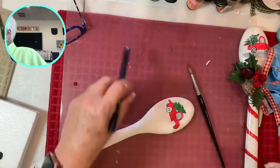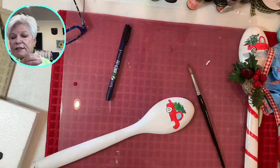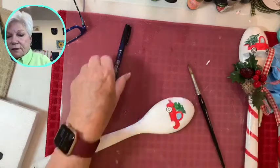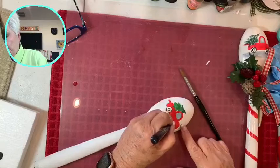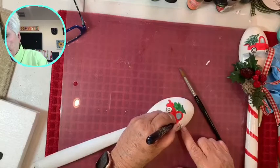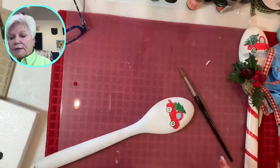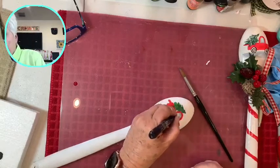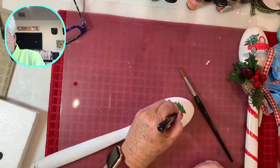But I'm just going to put some paint on my palette that I need. And let me finish up this tire. That's driving me crazy. It isn't impossible for me to make a mistake while I'm talking to you, so